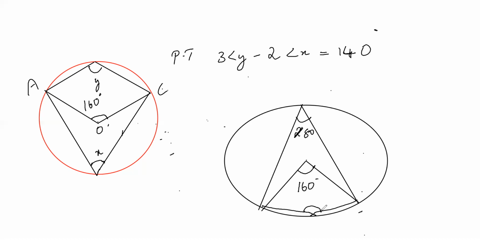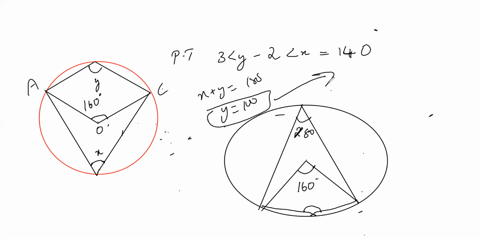So if I take a quadrilateral, opposite angles of a quadrilateral are supplementary. Supplementary means this x plus y is equal to 180. If x is 80, y is automatically 100 respectively. Then substitute this, you'll get this answer. It's simple as that. Hardly 2 to 3 seconds. But again, what I want to show you is the inversion, how to invert and do it. If you are able to understand these things, then any problem we can solve.